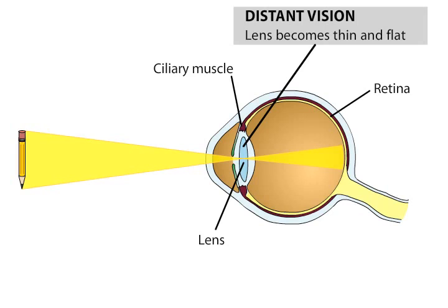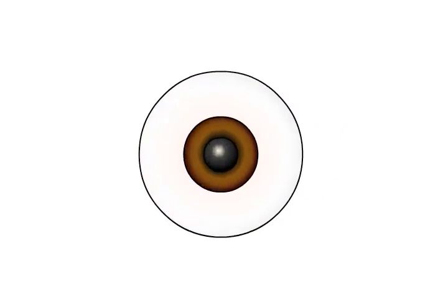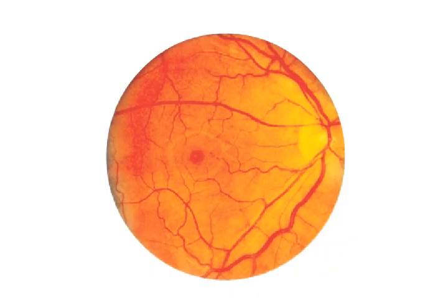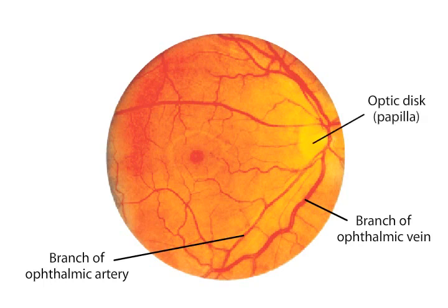as accommodation. Using an ophthalmoscope, the inner surface of the retina, or fundus, can be visualized through the pupil. Numerous blood vessels, both arteries and veins, fan out over the inner surface of the retina. These blood vessels arise from the ophthalmic artery and vein, which enter the eye through a whitish circular area known as the optic disc or optic papilla. The optic disc is also the site where retinal axons leave the eye and travel through the optic nerve to reach target structures in the brain. This region of the retina contains no photoreceptors, and because it is insensitive to light, produces the perceptual phenomena known